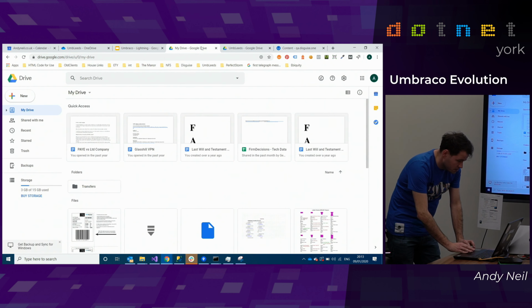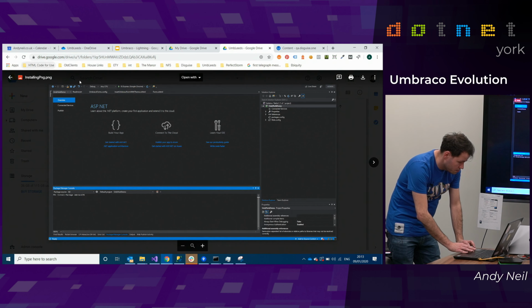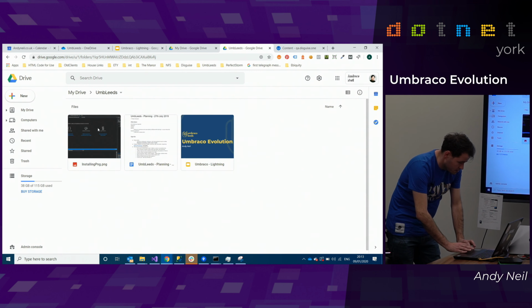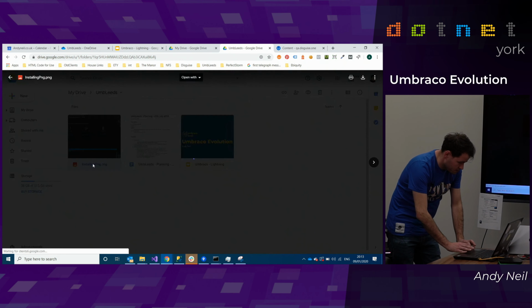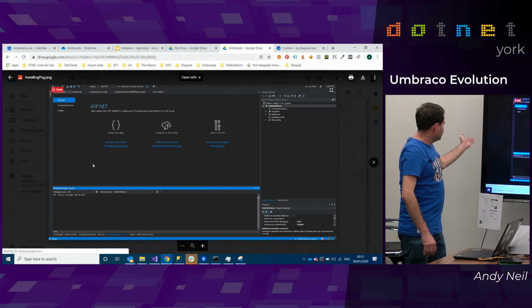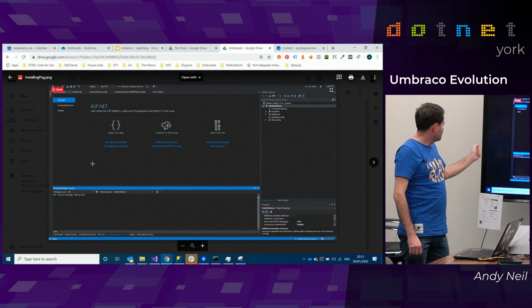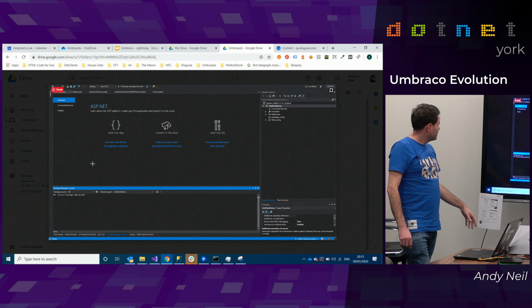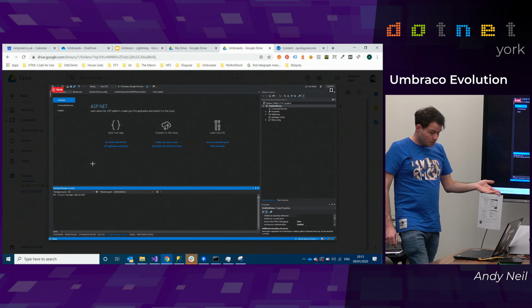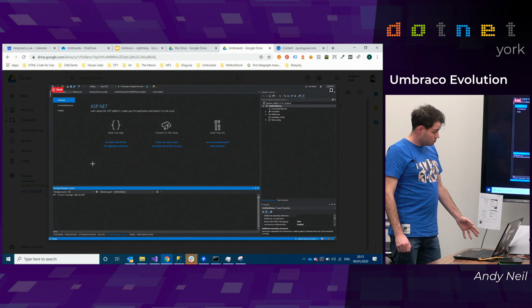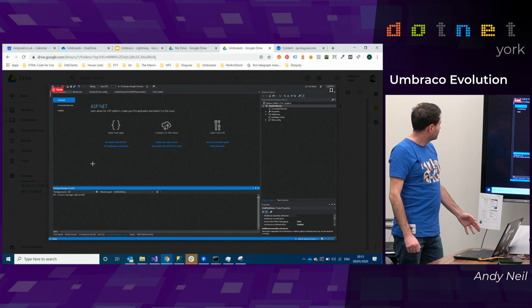Installing Umbraco. If I just show you this, because I didn't want to rely on the internet here. Let's just see whether it will run. This is basically just fire up a blank .NET web application, tell it you want to install package Umbraco CMS, and assuming that my GIF decides to load or not, possibly not, embarrassing.